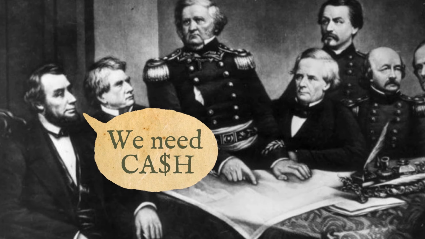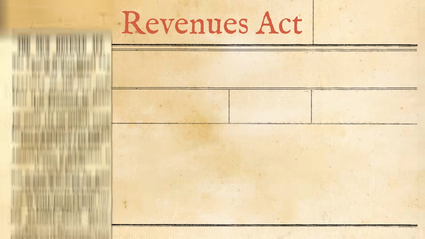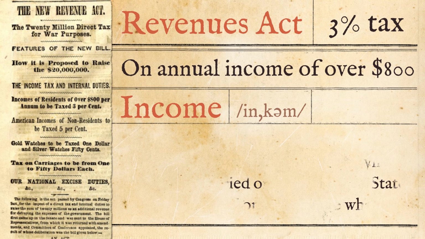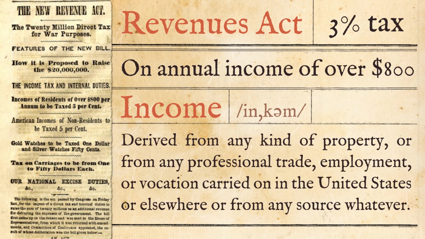But this new tax didn't impact everyone immediately. Instead, Lincoln and the Congress passed the Revenues Act, which took a 3% tax on anyone with an annual income of over $800. And this law defined income relatively broadly to include income derived from any kind of property or any professional trade, employment, or vocation carried on in the United States or elsewhere, or from any source whatever. And while you gotta love a legal definition that ends in whatever, like a teen from Clueless,